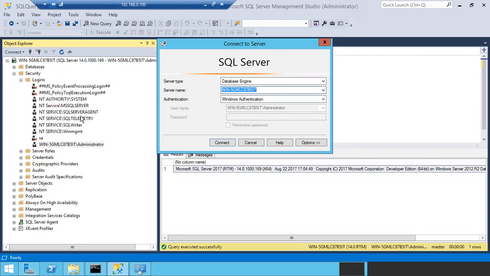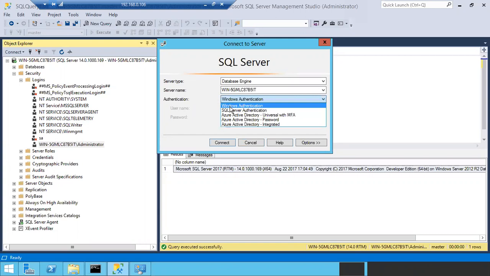Is it clear, guys? How Windows authentication will work? Why it is not asking username and password? Clear? Any issues, any doubts, please let me know. Clear, everyone, please? Clear. Okay, right.